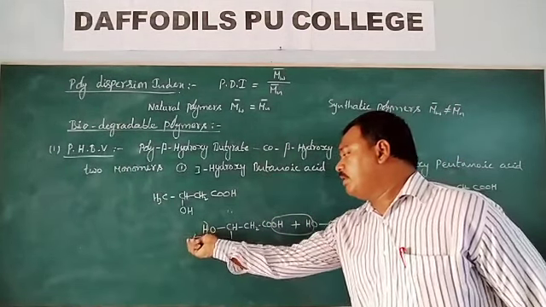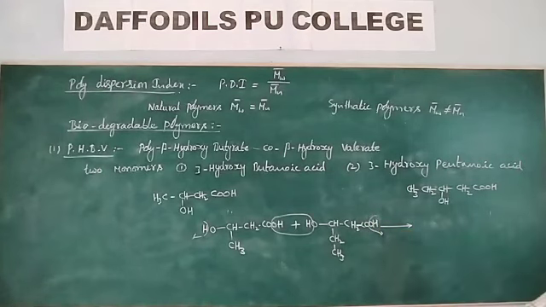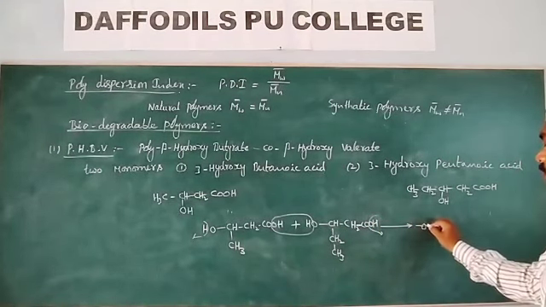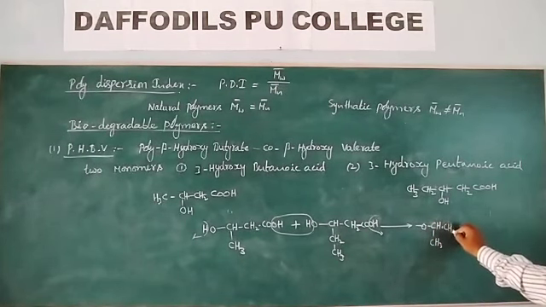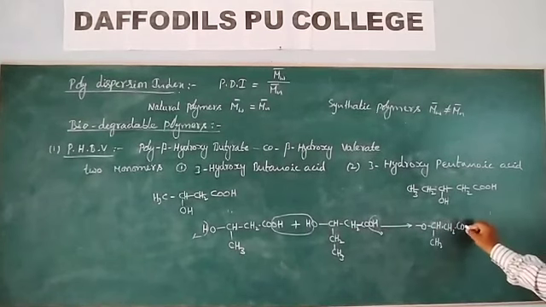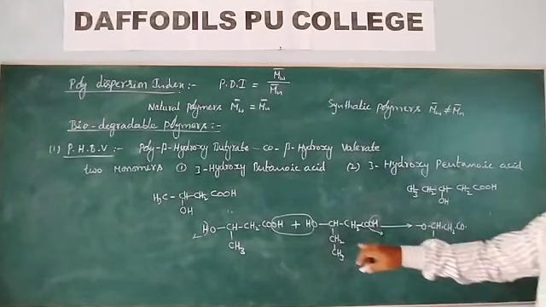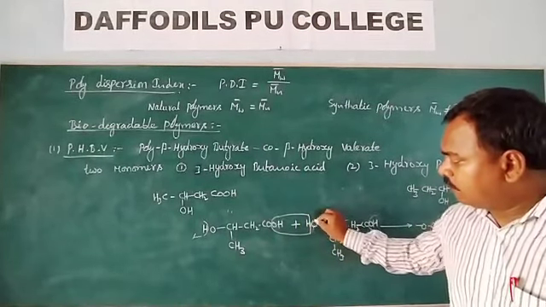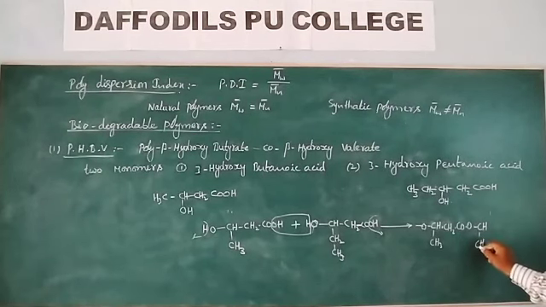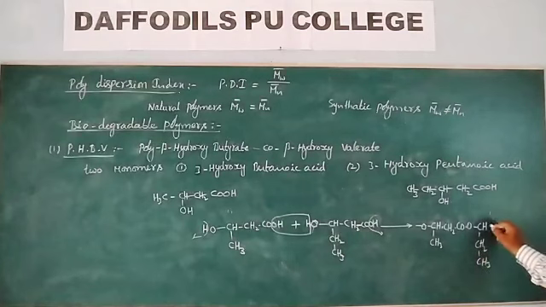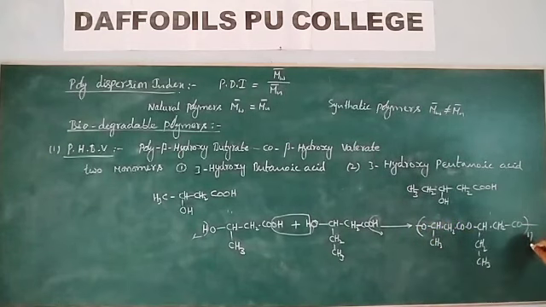Here hydrogen is going to be eliminated. From here the OH group is going to be eliminated. So this is O, CH, CH3, CH2, CO. Here one O remains, that is this one, CH, CH2, CH3, CH2, CO. This is the PHBV polymer. This is the PHBV, this is PHB.